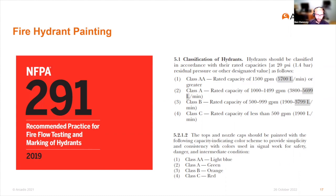Guidelines for fire hydrant painting are in NFPA 291, which is specifically about the practice of fire flow testing as well as marking of hydrants. And in that document, they have different classifications of hydrants, and they call it a rated capacity of the hydrant itself. And you can see that there's Class AA, Class A, Class B, and Class C. And those are based on different flow ranges. So anything above 1500 is classified as